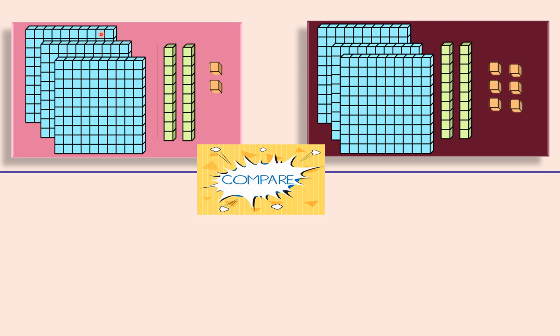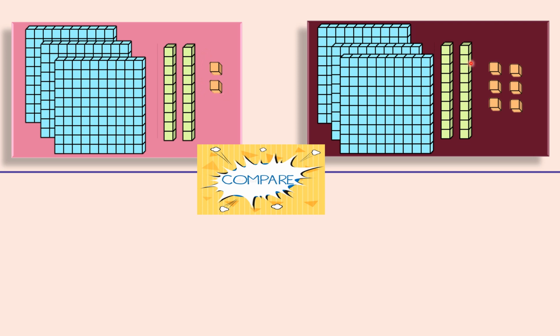So in the first picture we have 3 blocks of hundreds, and the second picture also has 3 blocks of hundreds. What do we do now? We cannot compare them because both are equal. We'll come to the next set of blocks, groups of tens. There are 2 of them in the first picture and 2 of them in the second one. Again we have got same number here. Now what do we do? We have another option. We have extra ones over here, loose ones, right?